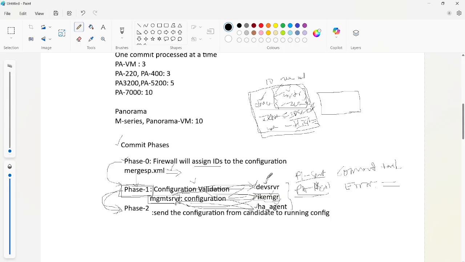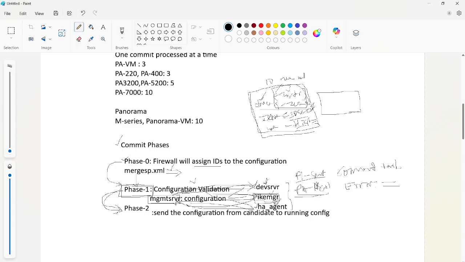The device server and HA agent will send a success message if everything is well, but the IKMGR has sent an unsuccessful message with an error message.